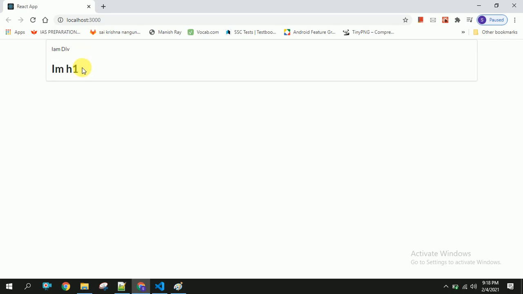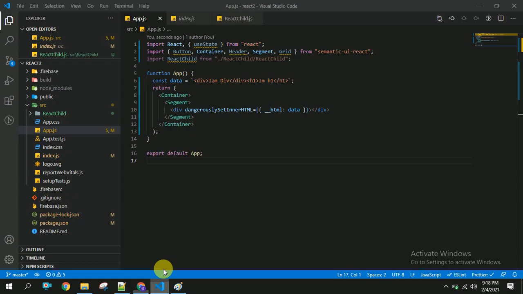You can see here we have got the increased size variable, h1 and div. So in this way we can bind the data, and the next one is how to send the data from the parent component to the child component.